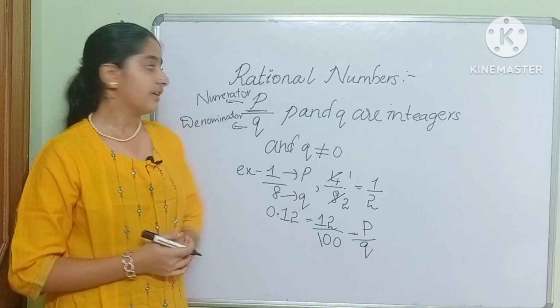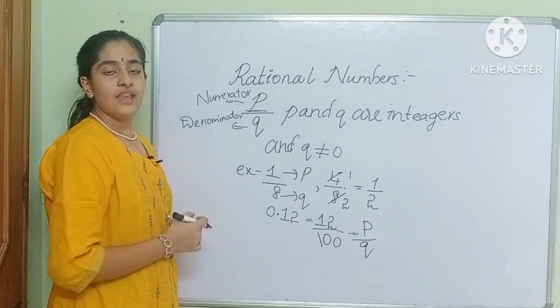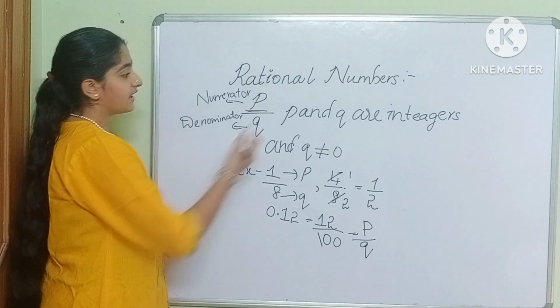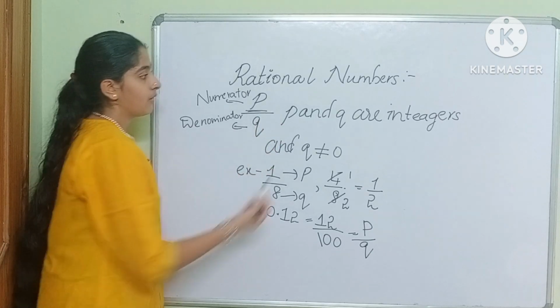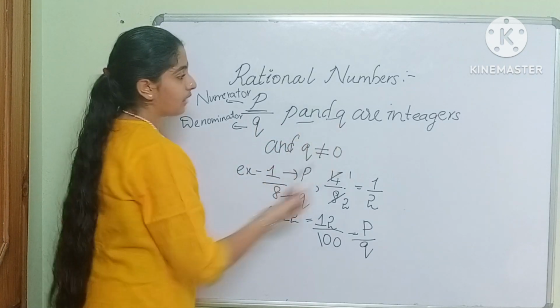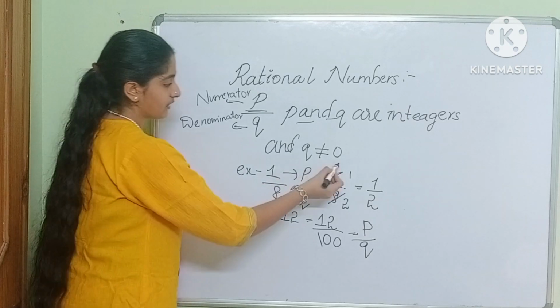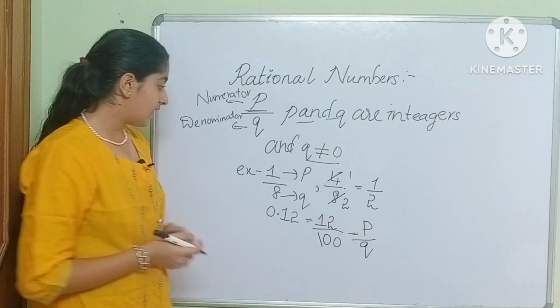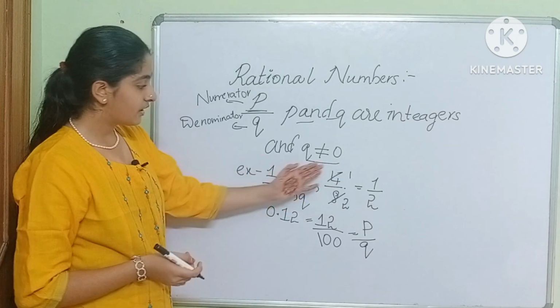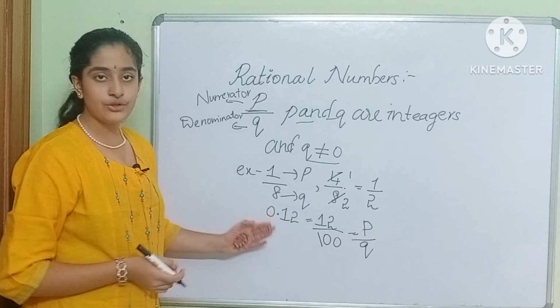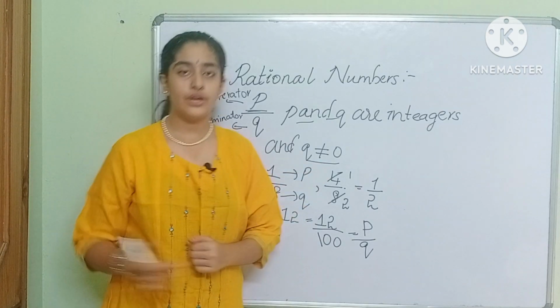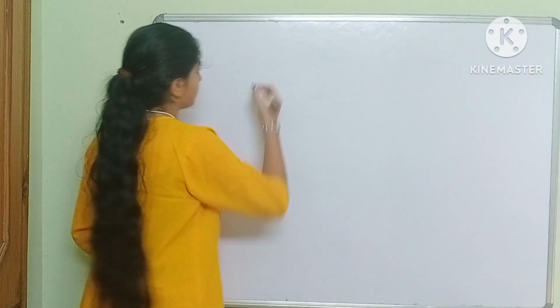Let us recall it again. Rational numbers are numbers which can be expressed in the form of P by Q, where P and Q are integers and Q is not equal to 0. So the examples are 1 by 8, 4 by 8 and 0.12. So let us go into the next topic, that is